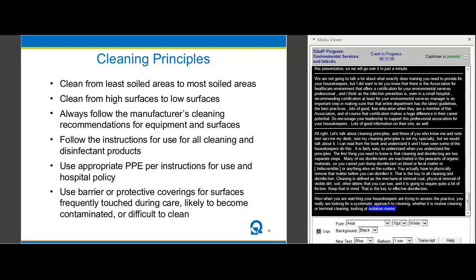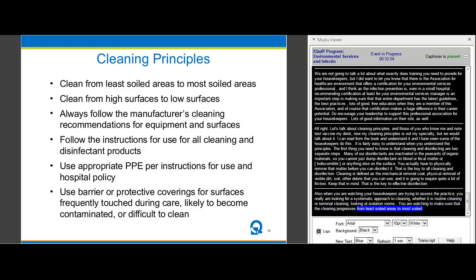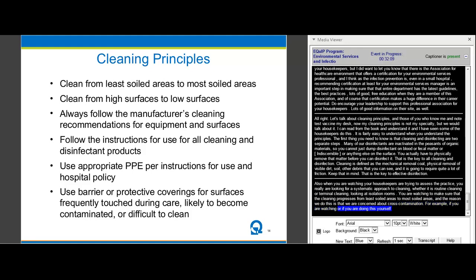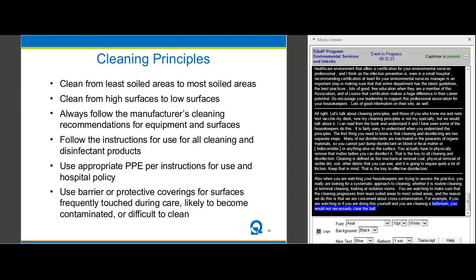And the reason we do this is that we are concerned about cross-contamination. So, for example, if you're watching or if you're doing this yourself and you're cleaning the bathroom, you wouldn't necessarily clean the bowl and then go to clean the flush handle, right? Because then you've picked up the germs from inside the bowl and transferred them to a high-touch surface. So you want to go from least soiled to more soiled so that you're moving in a direction and not